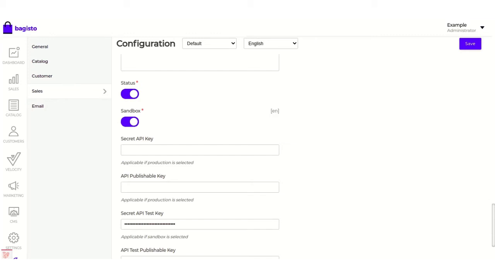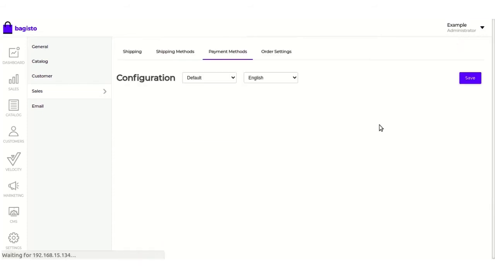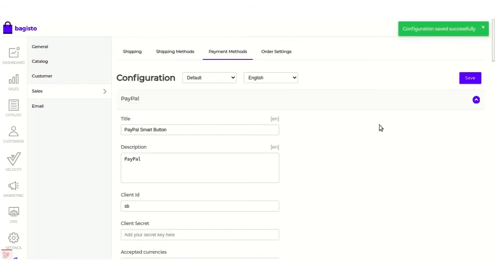After filling in all these details, the admin just needs to click on the Save button. After clicking on Save, a pop-up will come that the configuration has been saved successfully, and now the payment method is available for the customer for the checkout process.